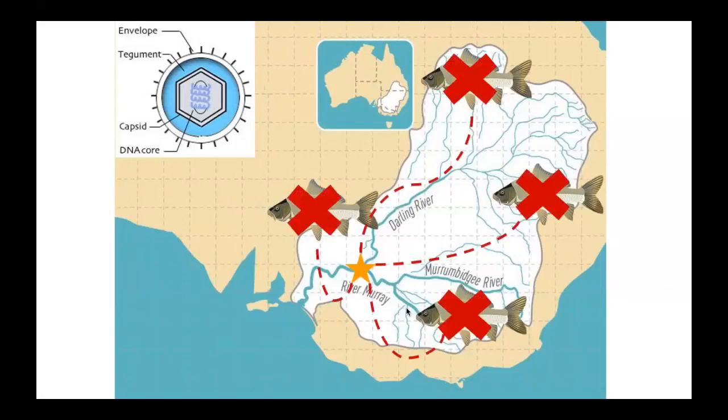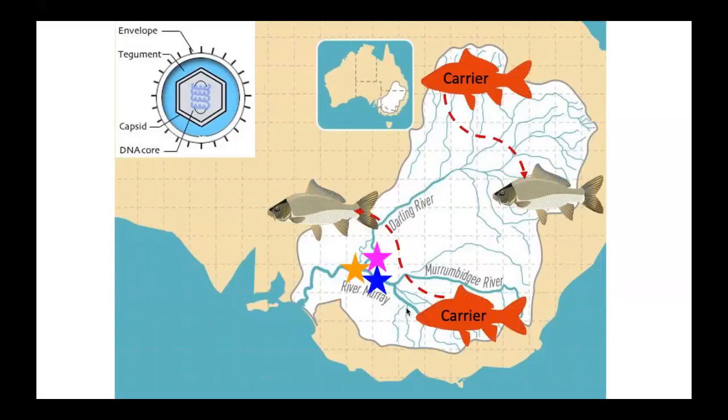But now the interesting thing with KHV is that after that initial large-scale mortality event, where you have the really obvious fish floating to the surface, thousands of them stinking and getting on the news and everything like that, KHV continues to persist in those populations. So one good way to understand this is if you know anything about chickenpox.